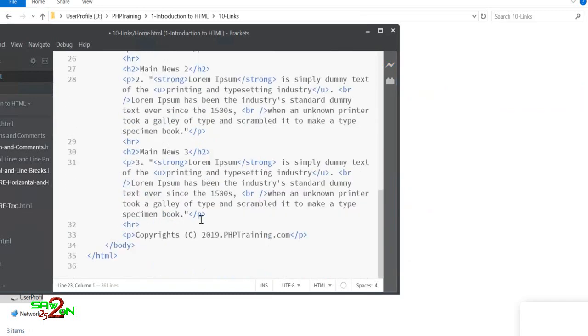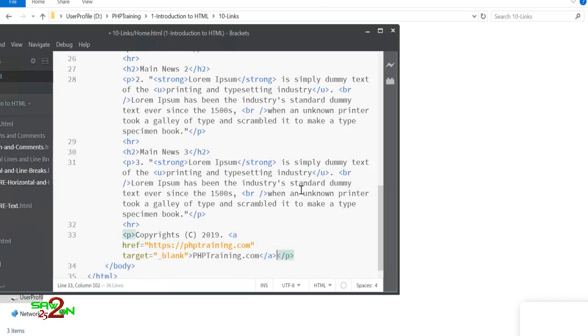Okay, if you go all the way down, you want to add a link to phptraining.com. And how can you add phptraining.com link? So whenever someone clicks this, the new window should open and it should open this site. Okay, for that you will add a href tag and you will mention with the protocol phptraining.com. You close the double quotes, and then you have a property called target, which you will mention _blank. Okay, and then you close the anchor tag after the text.